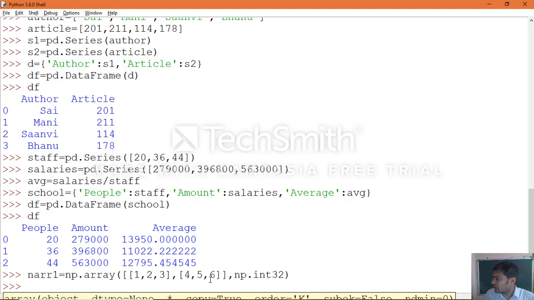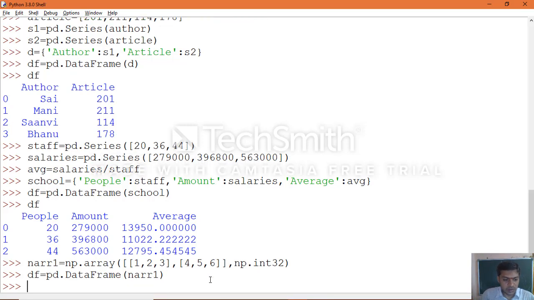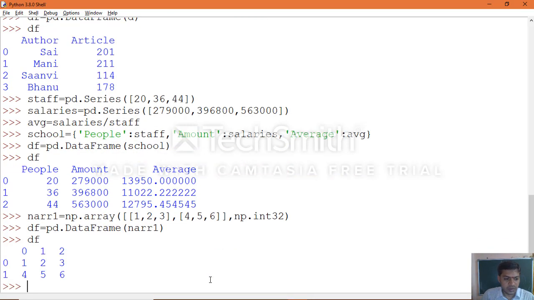Then you can create the data frame, df equal to pd dot DataFrame of the array object which we created, and pass it to it. Now print the df, we'll see the output.